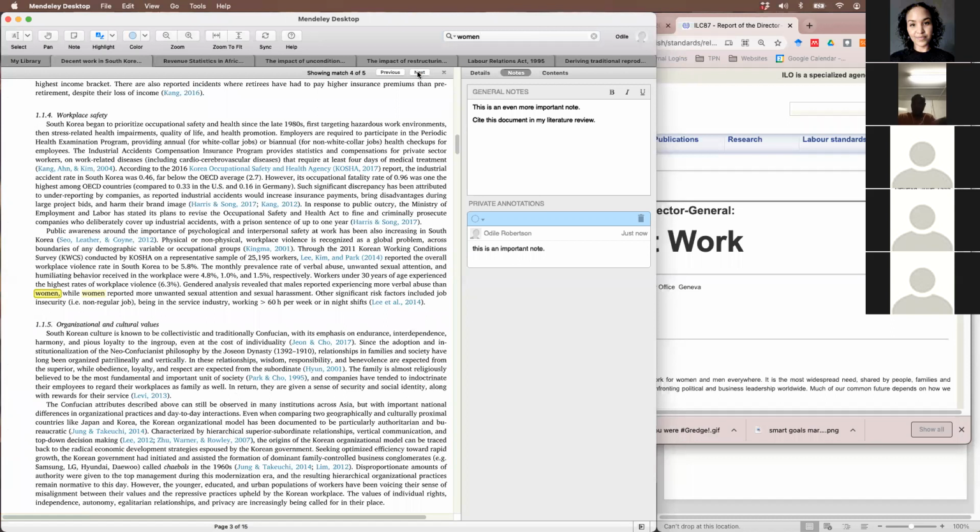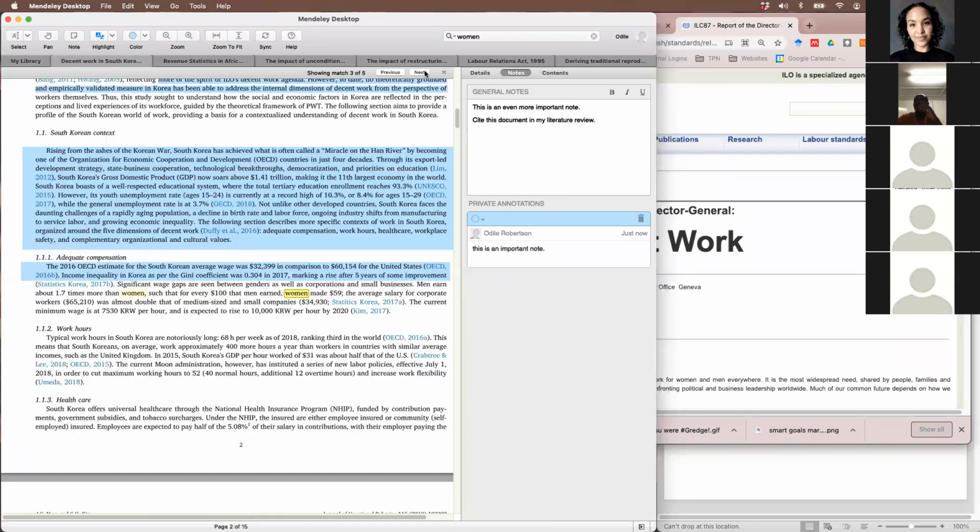This is useful if, let's say, you put a direct quote in your Word document, but then you can't remember the page number. You can put that quote in your search bar, and Mendeley will take you to the page number